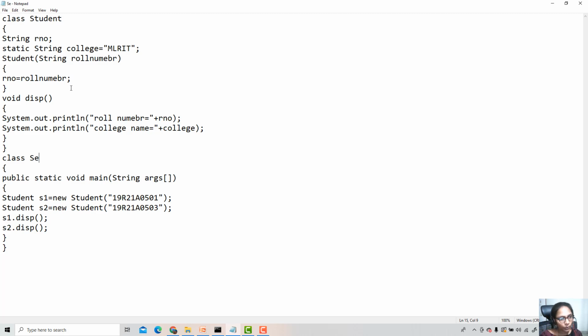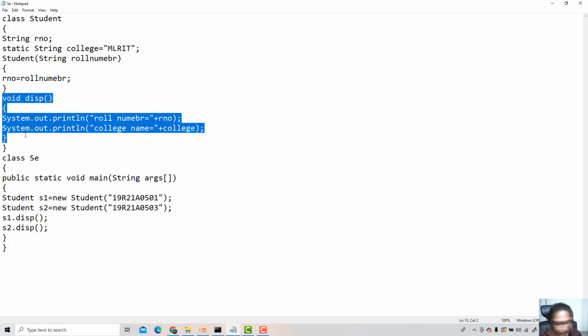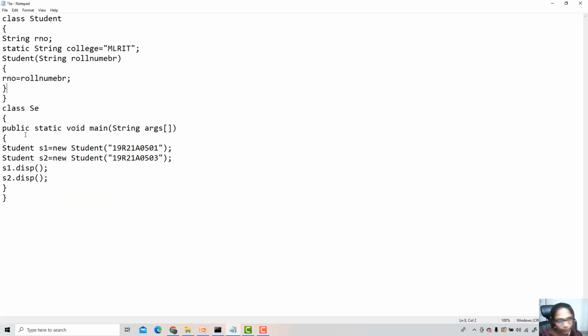Now what we will do, we will remove this display method, and I will print the values here itself. System.out.println S1 roll number is equal to, how can we access the S1 roll number? S1 dot rNumber. The next step, S1 college.